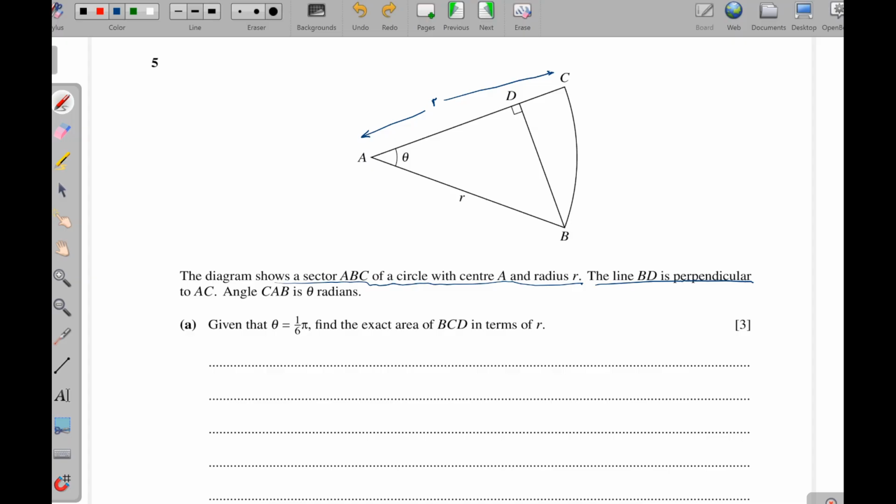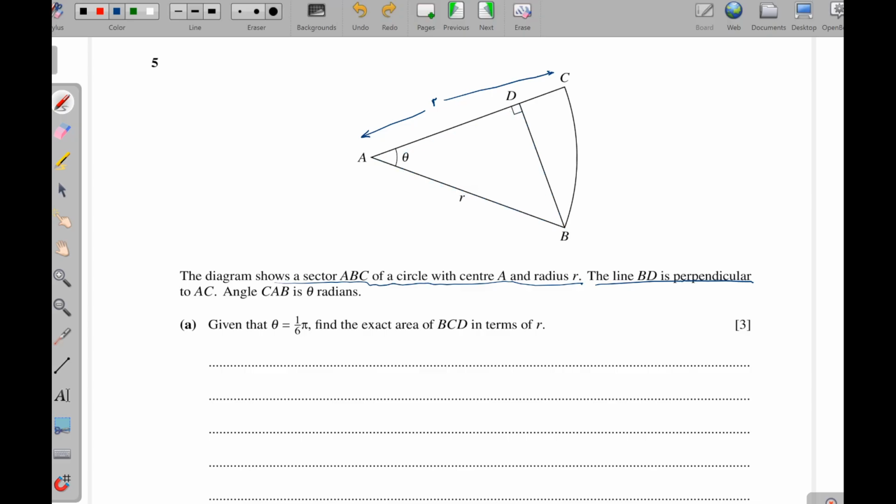Now, before you do anything else in circular measure, you turn your calculator to what? To radians. Given that theta is equal to pi over 6, find the exact area of BCD in terms of R. So BCD here, we have to get the area of this sector, then minus the area of this triangle. Are we there? But then for the area of this triangle, since it is right angled,